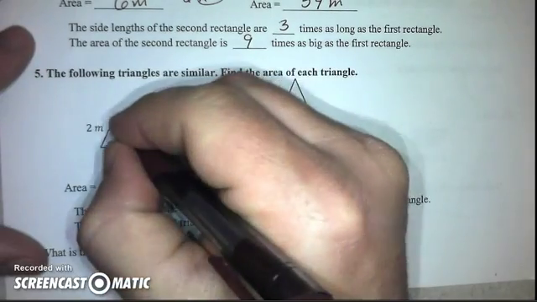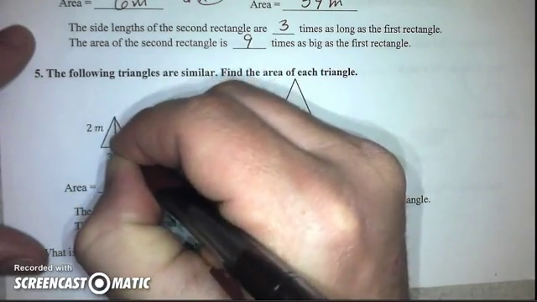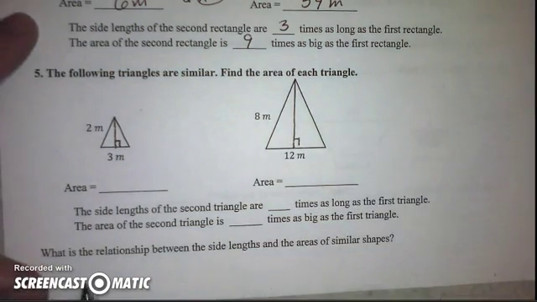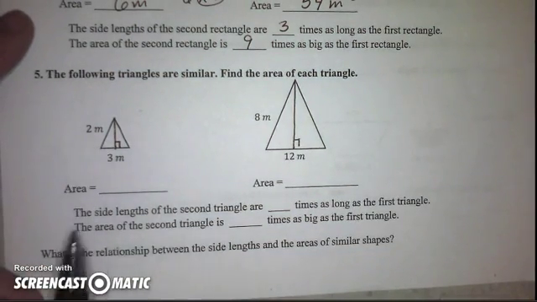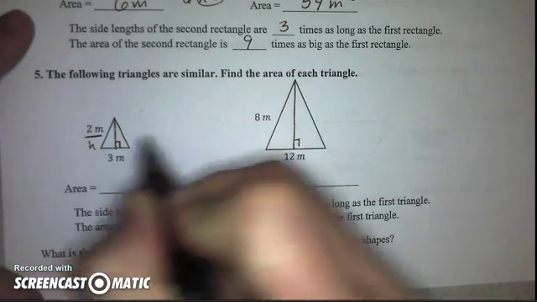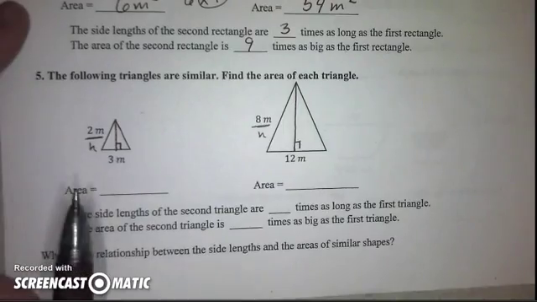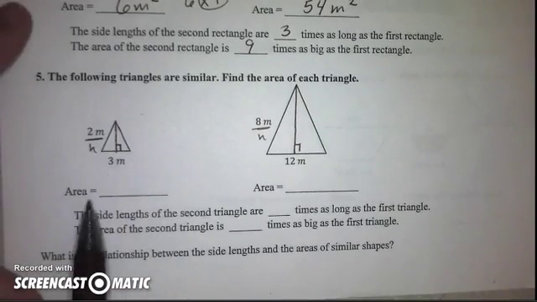Okay, we're going to think of the 2 meters as the height of your triangle, just like on this one, the height is 8. Because area formulas for triangles use heights. Okay, so that is the h, and that is the h, okay? Otherwise it's going to be a lot harder. So I just want you to find the area of each